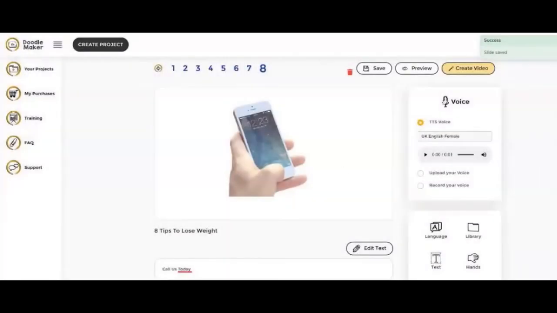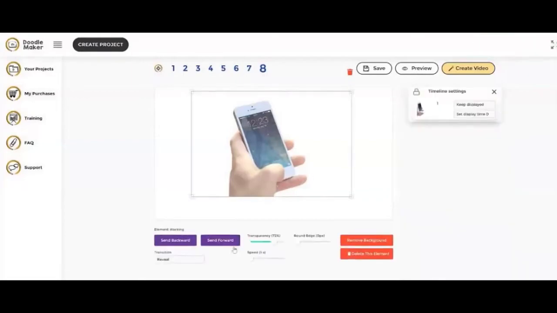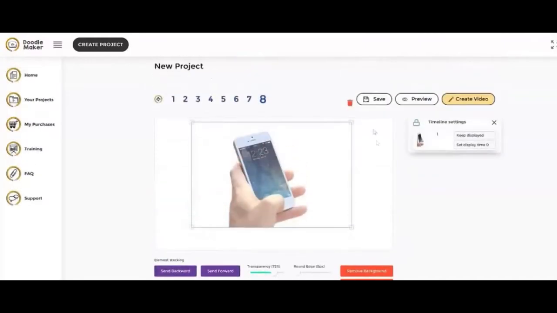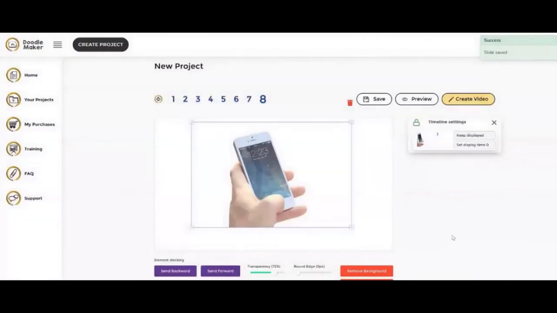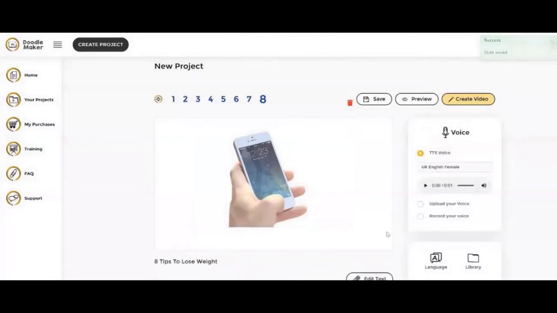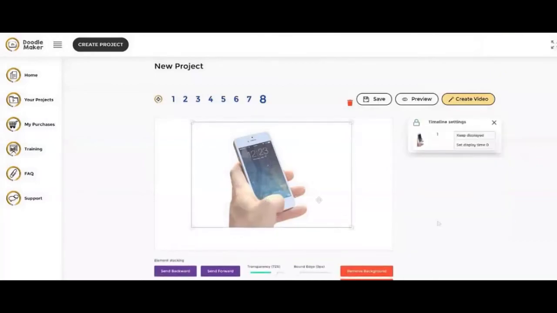You can do that. You can even do, for example, a hand painting thing that I was telling you about and change the speed of it, how quickly you want it, how slow you want it, and so on. You have the full flexibility here. So for example, you want to do that. Let's click preview. Call us today. There you go. So you can even do that as well if you wanted to really ramp up your video